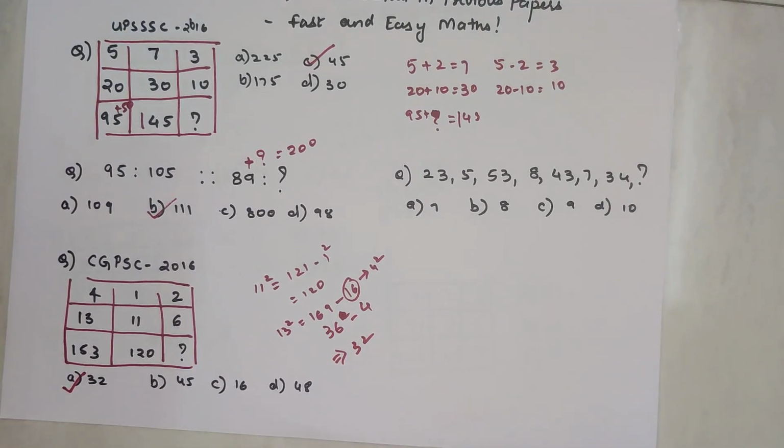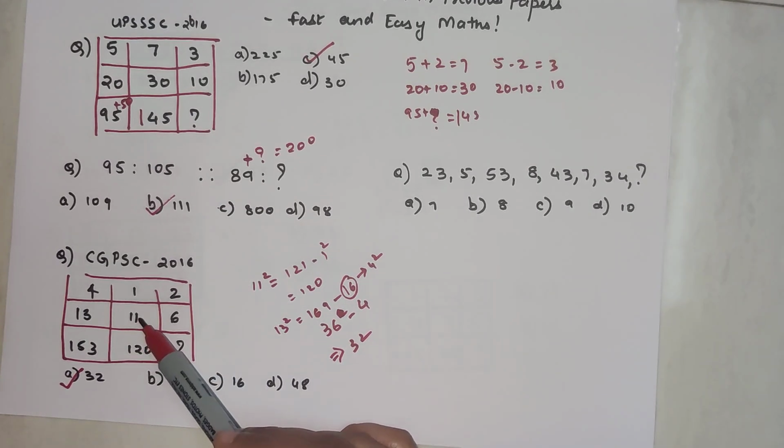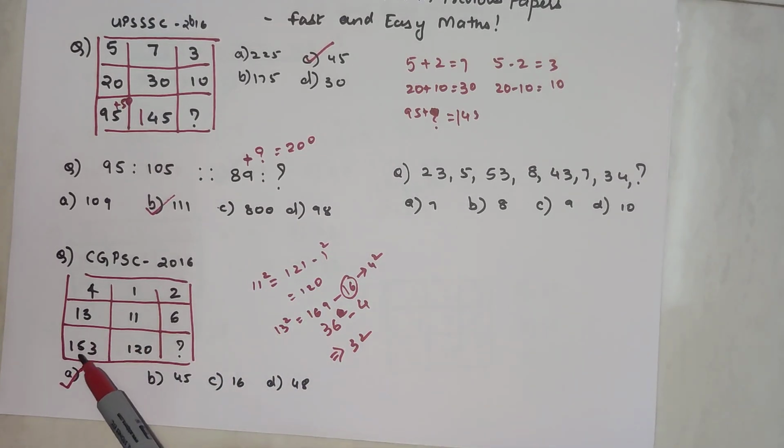I know a lot of you think, how does it click and all of that. Please understand, students, in many of my videos I've told you, you should have a very clear understanding about squares, cubes, factors, prime numbers, all of that, because once you have that understanding, your battle in such sums will become very, very easy. See, here the hint was 120 because we know 11 square is 121. Here again 153 was also very close to 13 square, which is 169. So all you had to do is focus on the squares and then see what the difference is, and you would have gotten your answer.